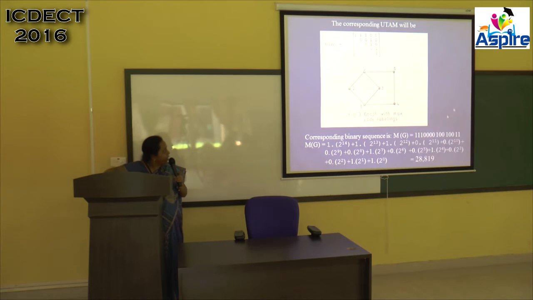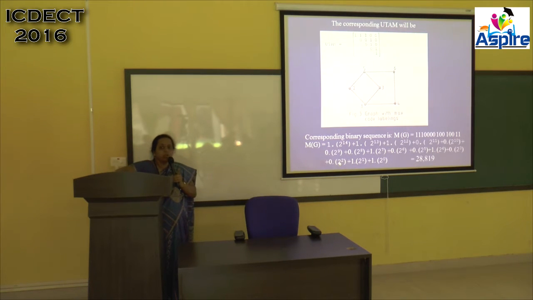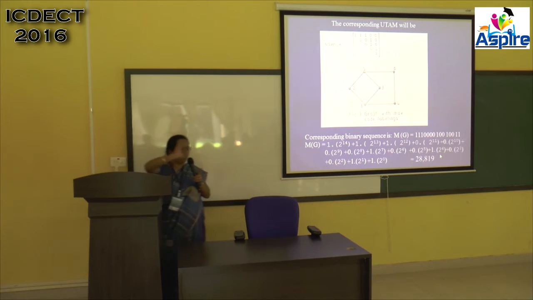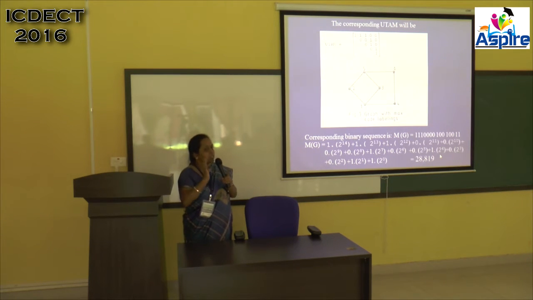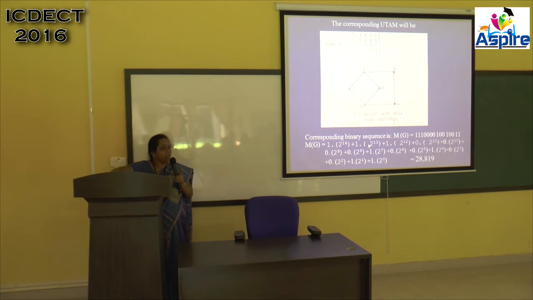Okay, so now I will write the binary sequence of this. So 1 1 1, then all these terms are 0, 0. Then again you are having 1 here. So from here I should multiply like 2 raised to 0, 2 raised to 0, 2 raised to 1, 2 raised to 2, 2 raised to 3, 2 raised to 4. Same way, then convert that binary code into the decimal code, and the decimal code is 28819. So for the given chain, the max code which exists is 28819.